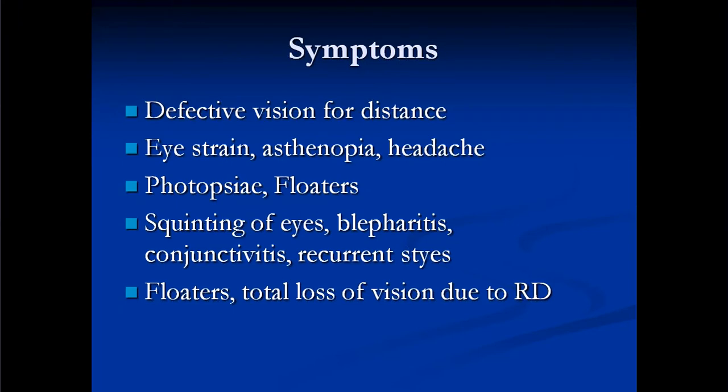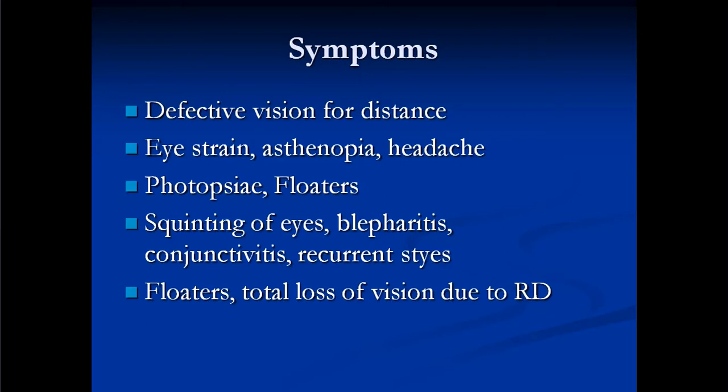Okay. Then coming on to the symptoms, the main symptom will be defective vision for distance. So the child will say that he is not able to see the distant objects, or in the classroom the child always tries to sit in the front rows, or if the defect is higher, whenever he reads, he will keep the book very close to his face. If you observe the child,